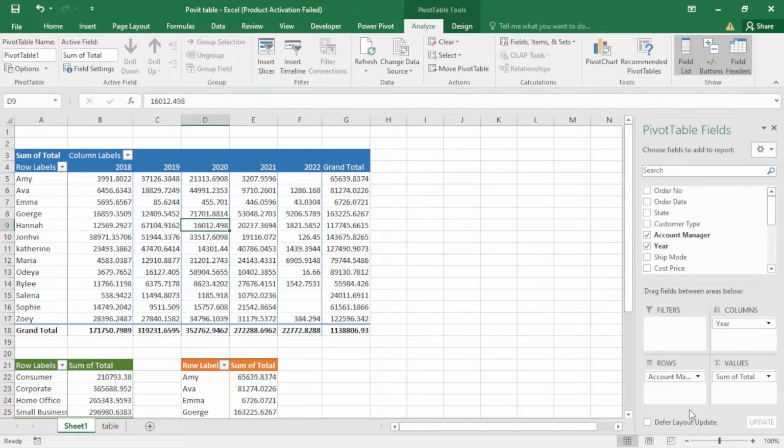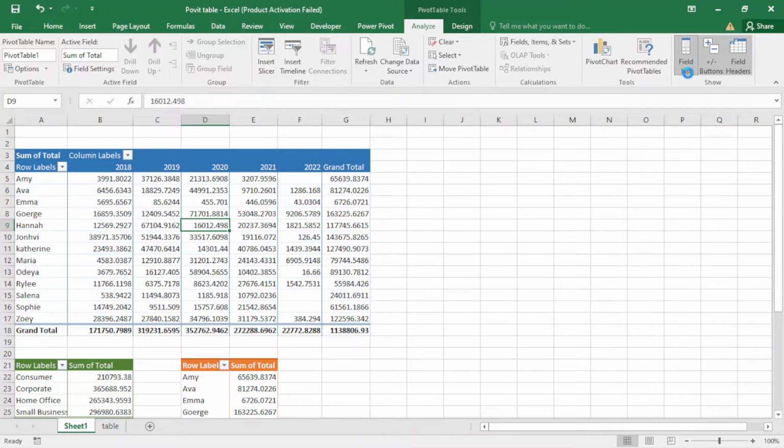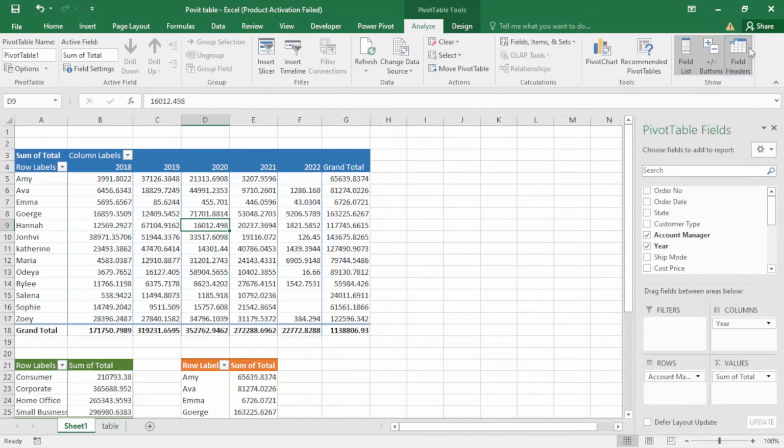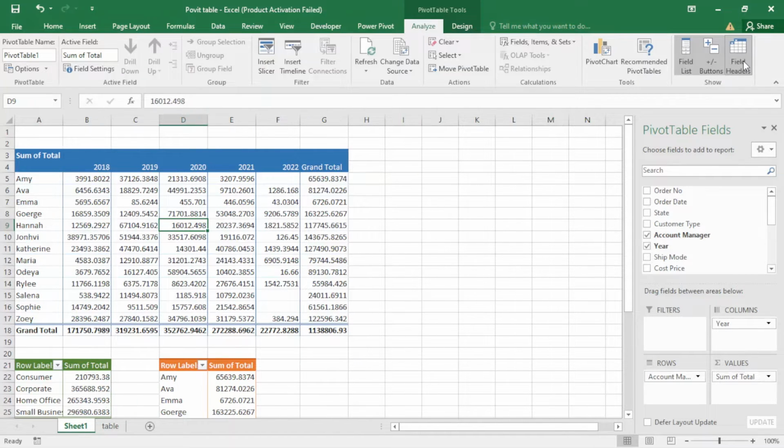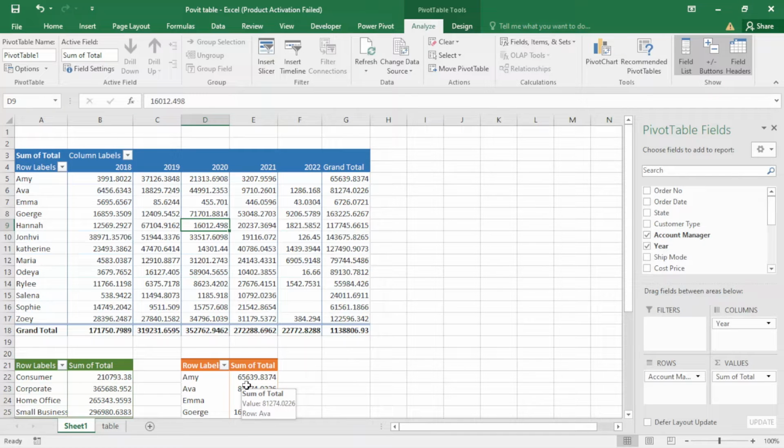The first one is this one, the field list. When I click here it disappears, and click again and it appears. And field headers, these are the field headers; when I click here they also appear. And the next thing about the